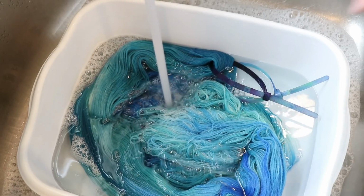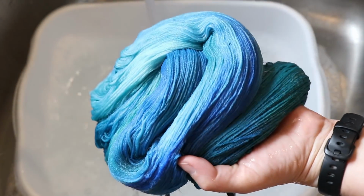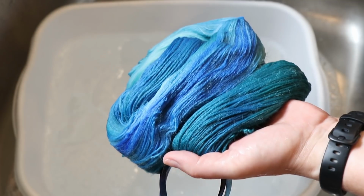I've done some speckling on the countertop with no acid and then dipped into acid water, or with acid and then dipped into water just to see how the colors spread. So I have done things like that in the past. But anyway, I am not seeing any color come out, which is great. I'm going to go ahead and finish rinsing out the soap, but then I'm going to put this through my spin dryer, hang it up to dry